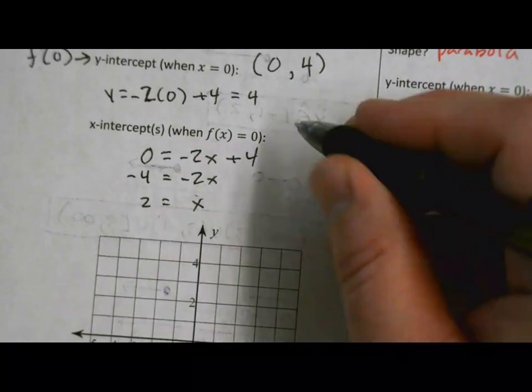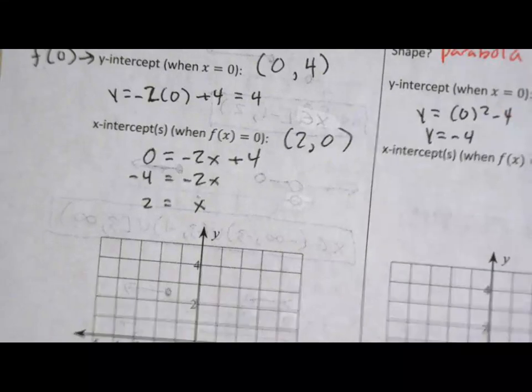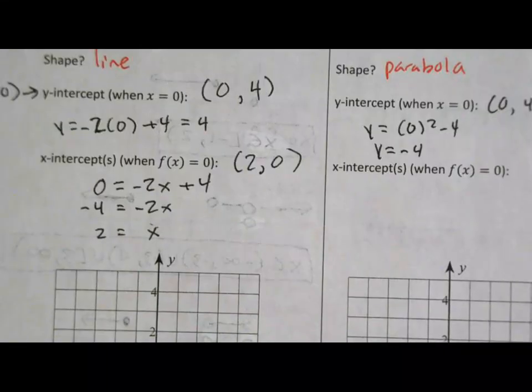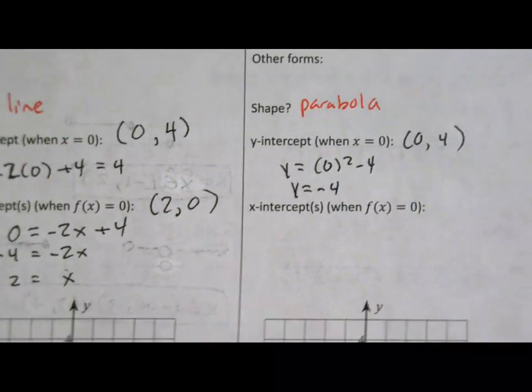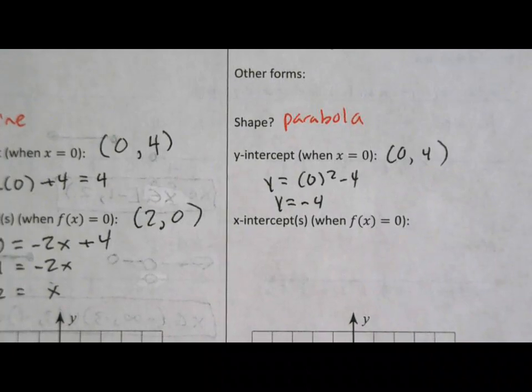This one has an x-intercept of 2. That would be (2, 0). And let's do the same thing over here. All right, now this is where